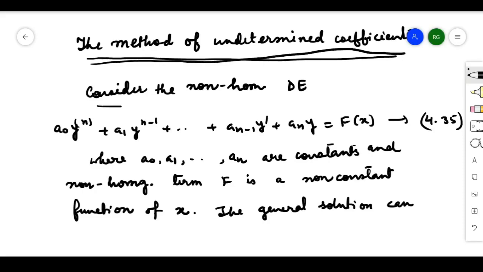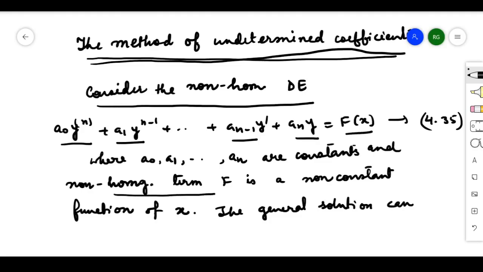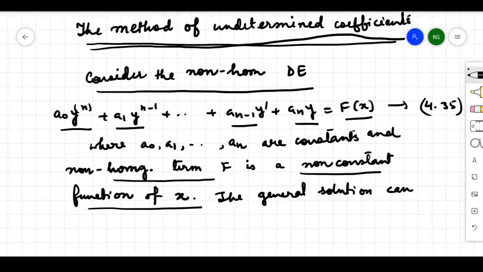So consider the non-homogeneous differential equation a0 y^(n) + a1 y^(n-1) + ... + a(n-1) y' + an y = f(x), where all these a0, a1, a2 up to an are constants, and the non-homogeneous term f in general is a non-constant function of x. Then the general solution of 4.35 can be written as